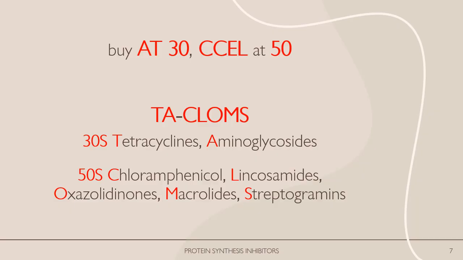Let us discuss your protein synthesis inhibitors. Okay, we have this memory aid from some books. Using this one, buy at 30, sell at 50. So yun. Antibiotics that act on the 30S ribosomal subunit are aminoglycosides and tetracyclines. Okay. While the agents that act on the 50S ribosomal subunit are your chloramphenicol, clindamycin, erythromycin, and, excuse me,